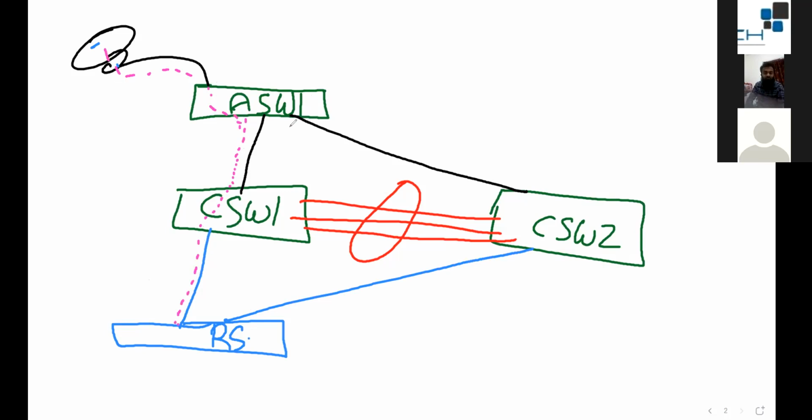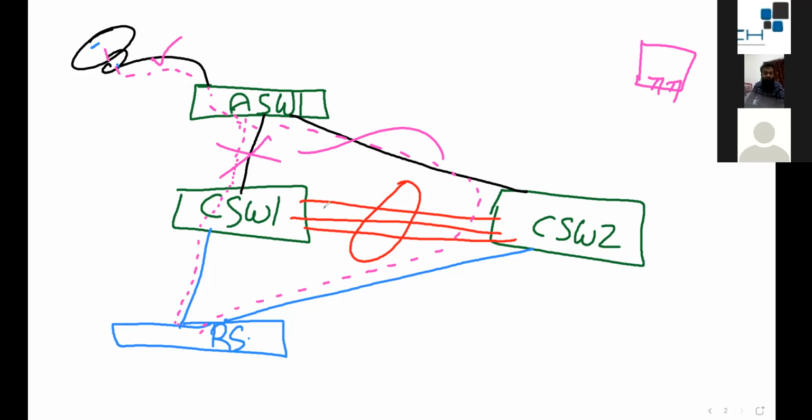Also, you have an alternate path. If one goes down, the other one will take its place. We cannot always put a dual link towards the camera, because most edge devices have a single connection, a single cable. But I have seen some Wi-Fi access points with two NICs.